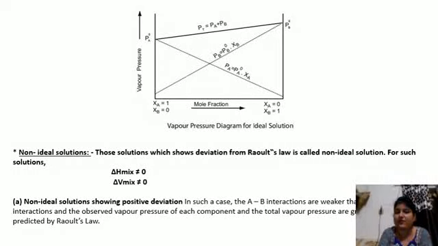So if these interactions, between solute-solute, solvent-solvent and solute and solvent particles, are always equal, or almost equal, then that is known as an ideal solution. Means they will follow Raoult's law. But in case of a non-ideal solution, they show deviation. Deviation means they show a bit of change. Okay, there will be some change in it. That change means they are not obeying Raoult's law, plus the change in enthalpy and volume is never zero. There is some change in it.